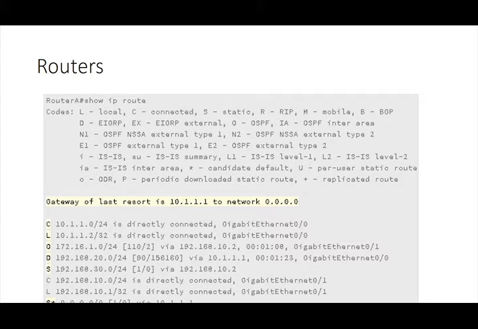The following is an example of how routes will be displayed using the show ip route command, which is used to show the content of the routing table in a router. The letter indicates how the route was learned. The letter C represents a directly connected network. L represents local routes,